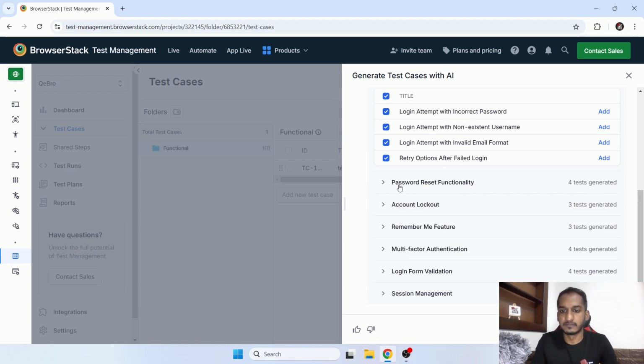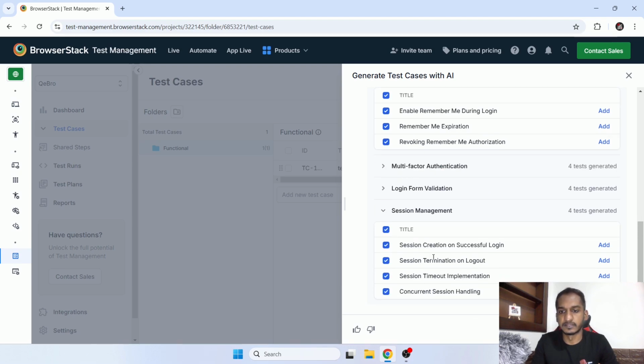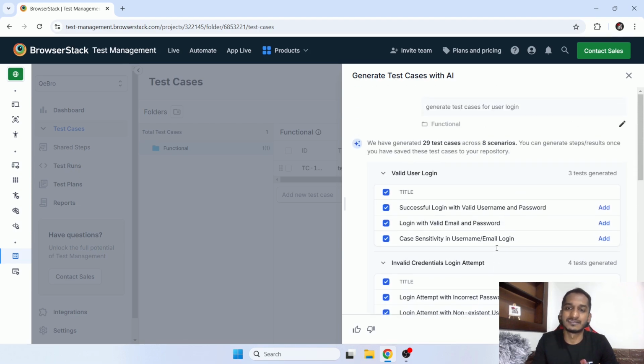login. Then if we check login remember me, it has enable remember me, expiration, and revoking remember me authorization. Then finally, for session management: session creation on successful login, session termination on logout, session timeout, and concurrent session handling. So likewise, you can see it covered all the scenarios, all the positive and negative cases and all